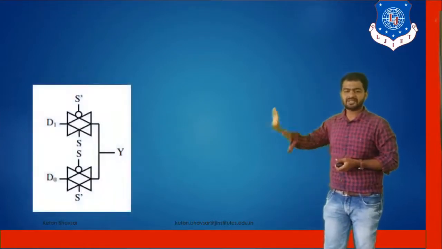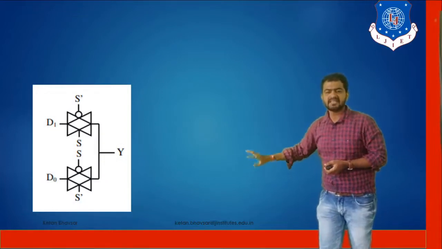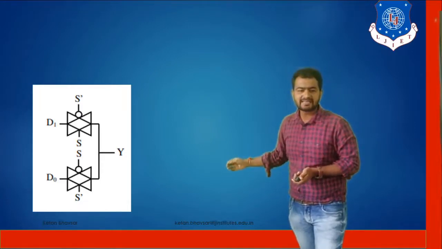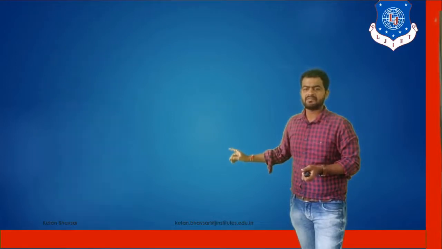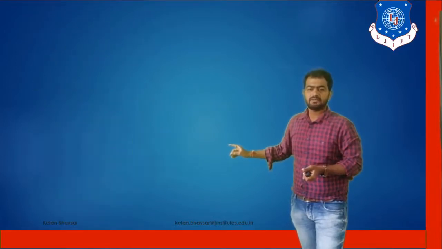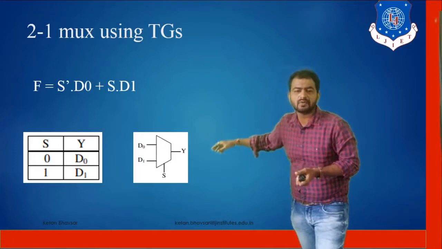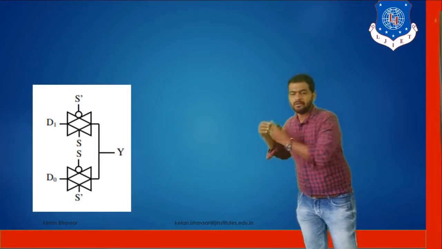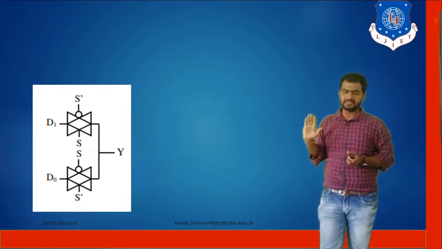So now you can see the transmission gate symbol. S bar, S bar. As you can see, in the same manner, again the configuration: if S is equal to 0, as you can see, A bar configuration similarly. When S is equal to 0, then pass the value of D0, and if S is equal to 1, then pass the value of D1. So the same switching is over here. You already know the XOR and XNOR gate. The same configuration is applied over here to pass the value only, right?